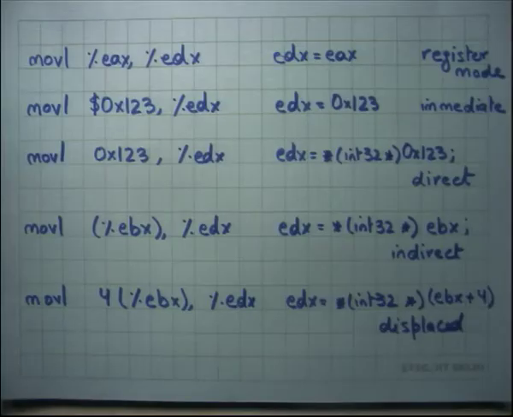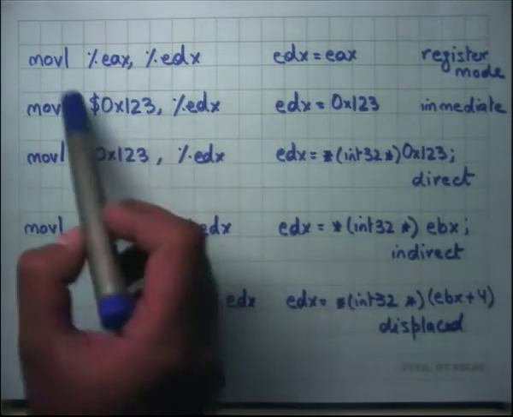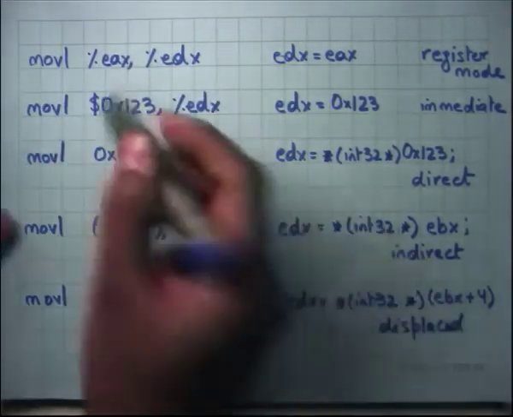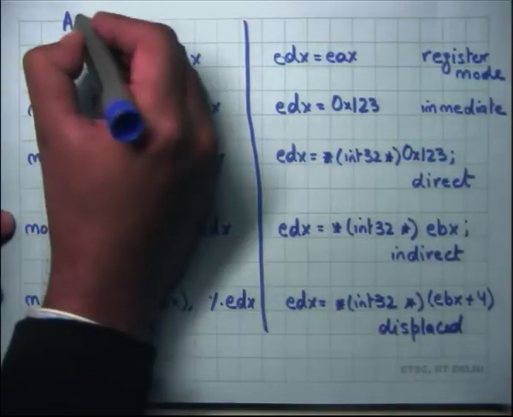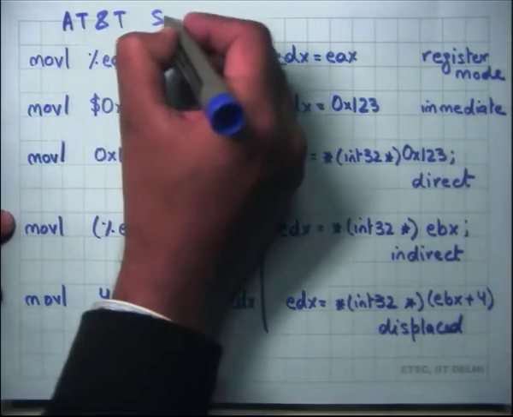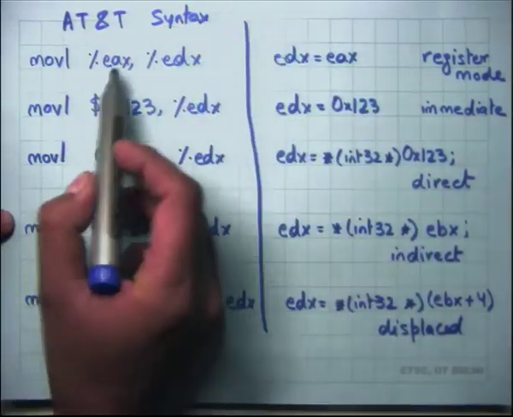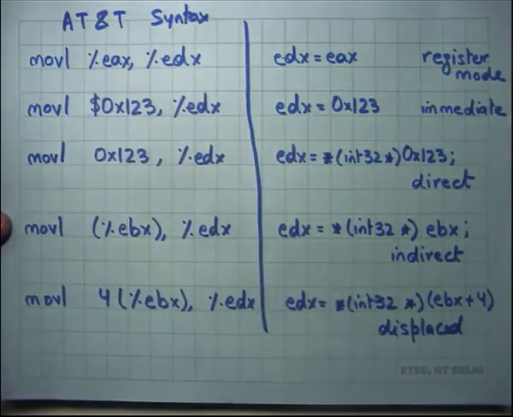Yesterday we started looking at the hardware interface for an operating system, and we started with the x86 architecture. We were looking at the instruction set of the x86 architecture just to get ourselves familiar with all the instructions. Here's the syntax of the x86 instructions on this side, and this is the AT&T syntax, where the destination operand is the last operand and the source operand is the first operand, or if there are 3 operands, then the first and second operands are the source operands.